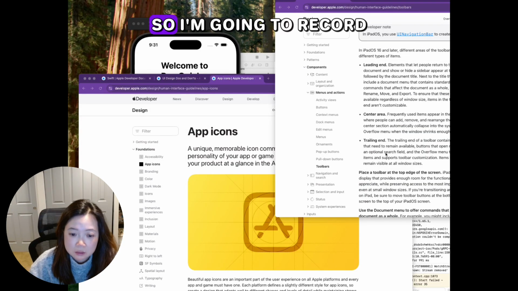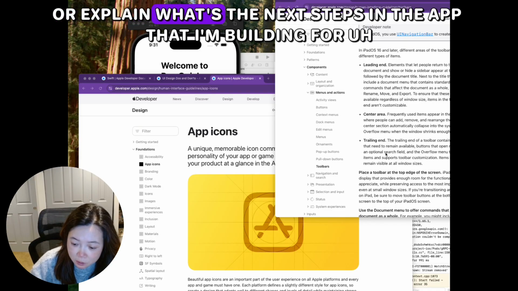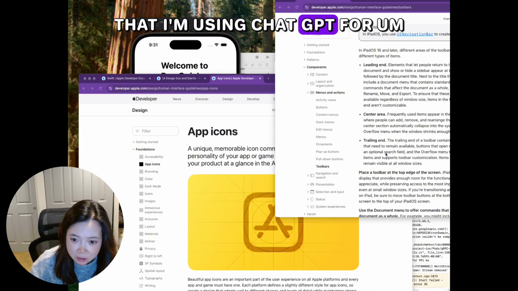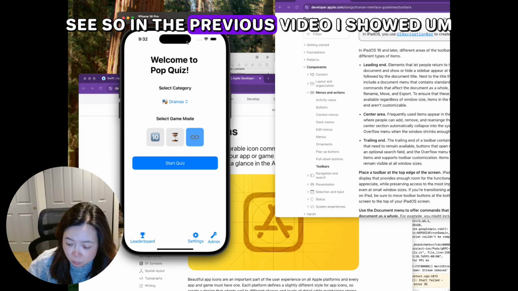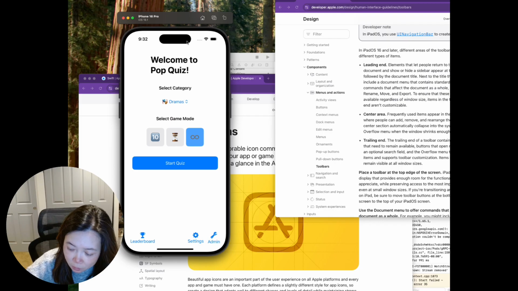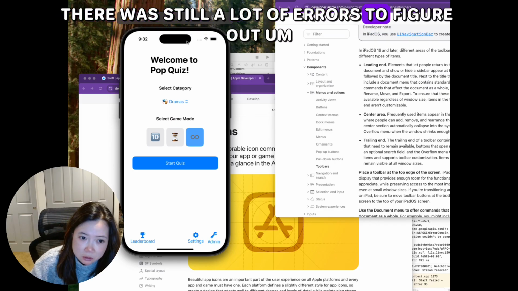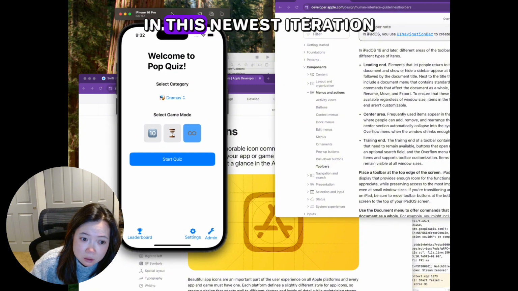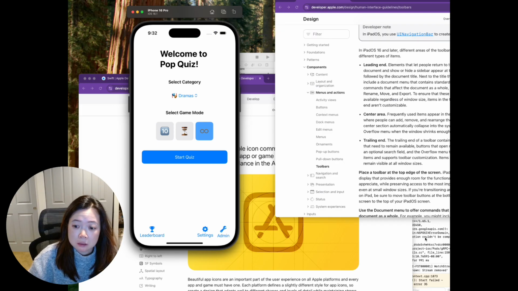Hi. So I'm going to record or explain what the next steps are in the app that I'm building, that I'm using ChatGPT for. So in the previous video, I showed what I had created. It was very basic. There was still a lot of errors to figure out. In this newest iteration, you can see,